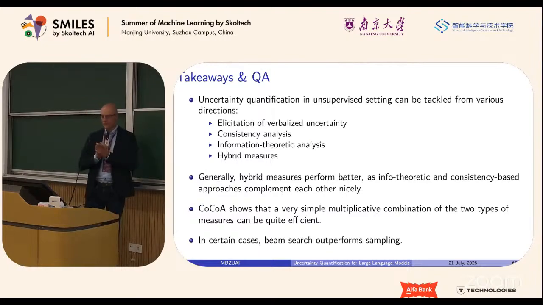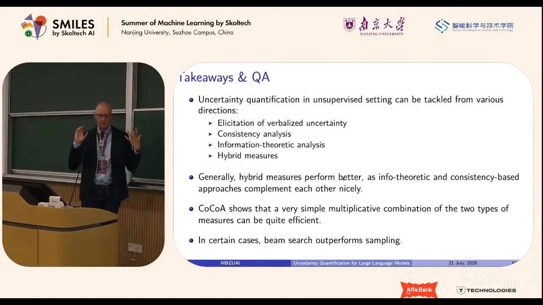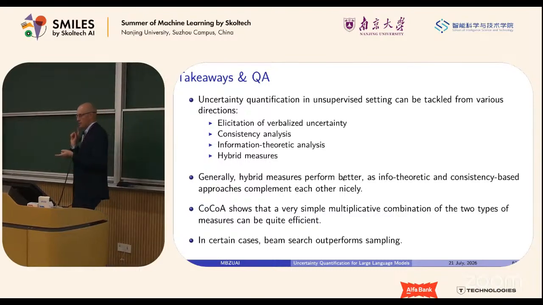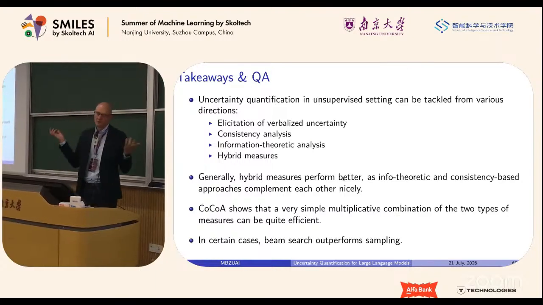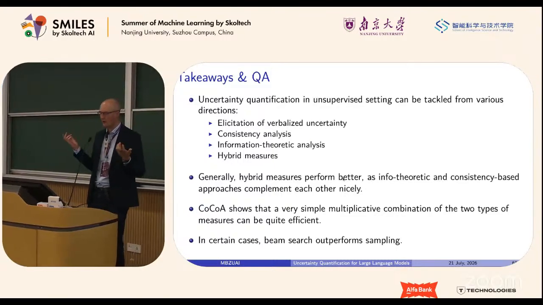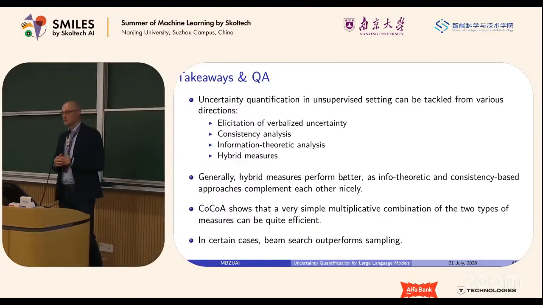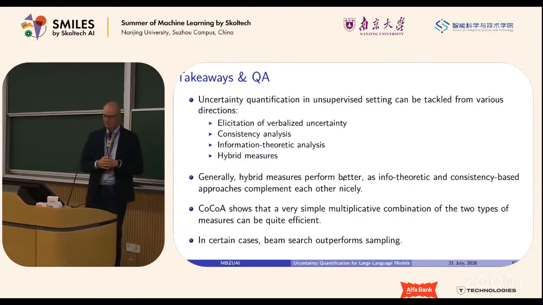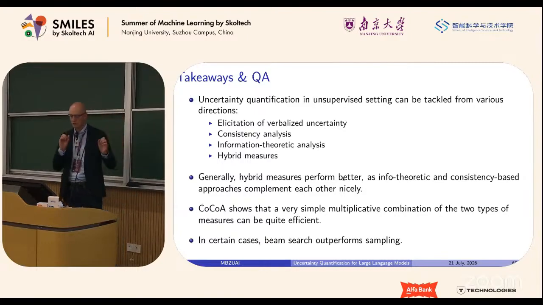Right, so for this part, the takeaways are the following. We can tackle the uncertainty quantification problem from multiple perspectives. We can first ask the language model itself, are you confident or not? Usually it's not a great way to quantify uncertainty, but in some cases it's the only way, especially in black box scenarios. Sometimes it works when the model is aligned to be honest, but that's a big research direction on its own.